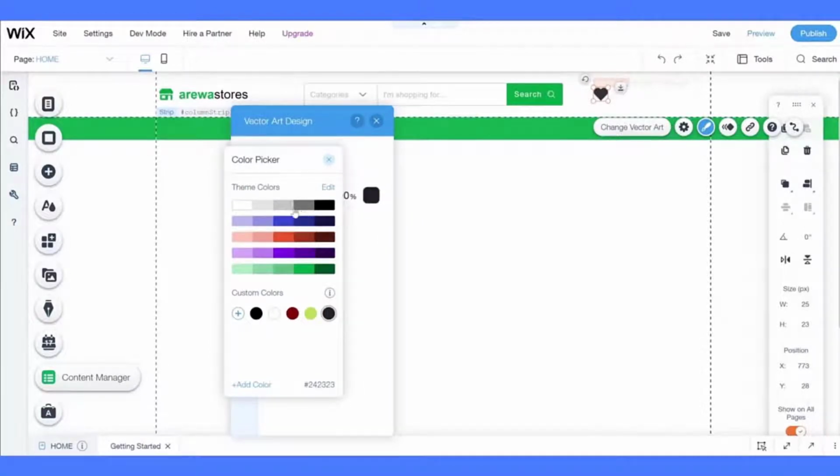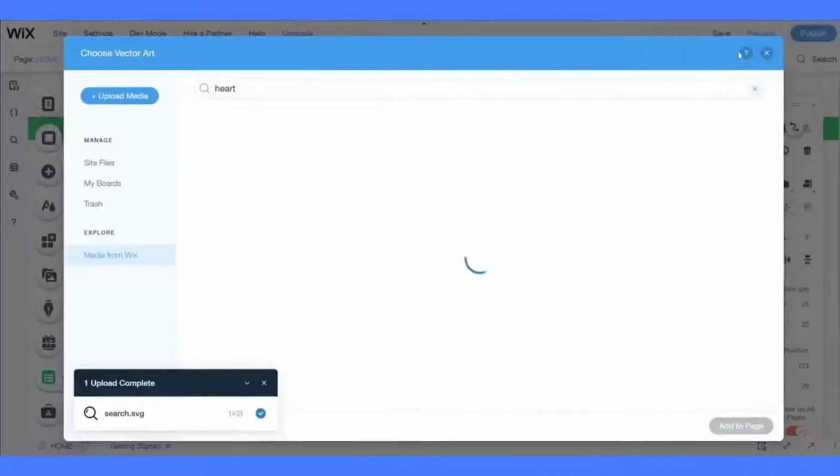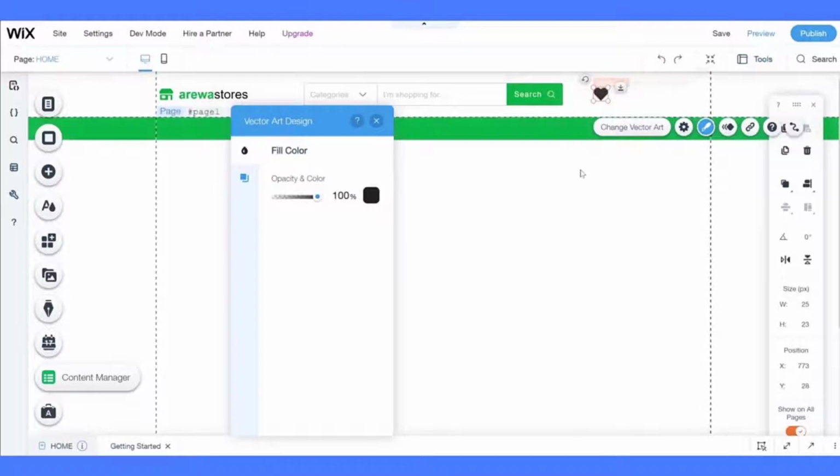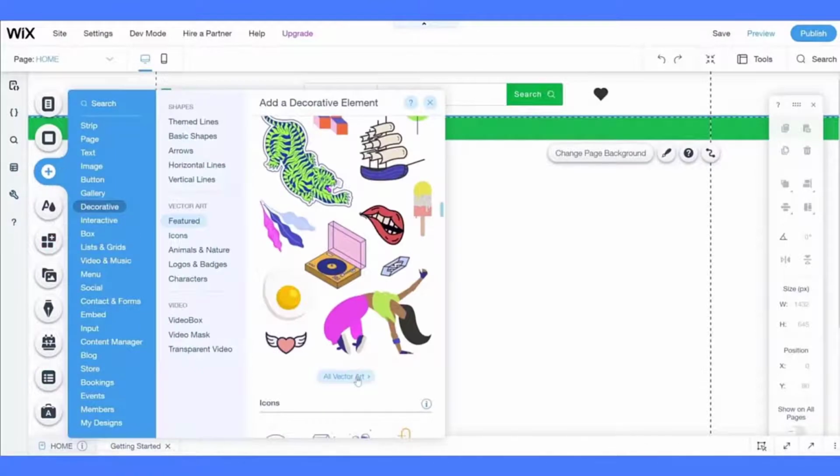I'm okay with the black. I think I'm beginning to, okay, I'm okay with the black. Now we are going to create a notification icon. It's also going to be a vector